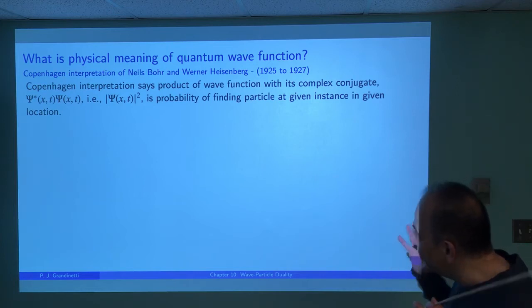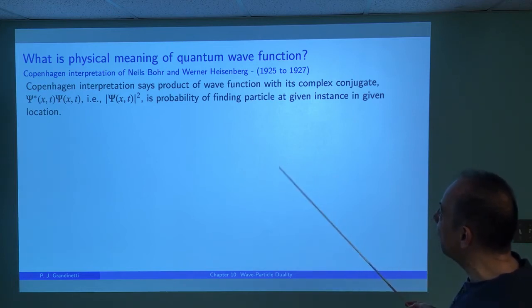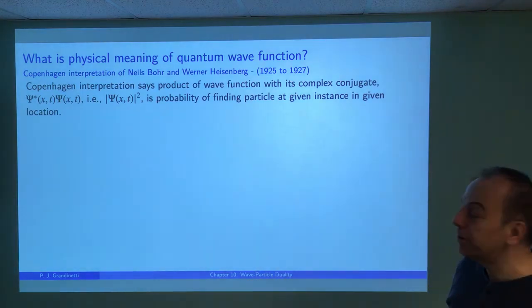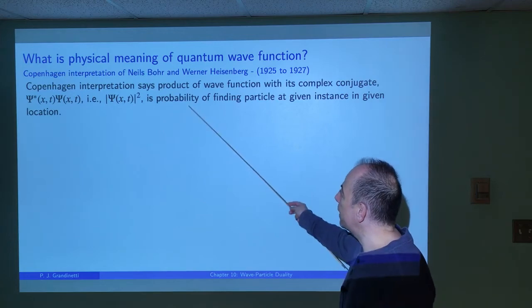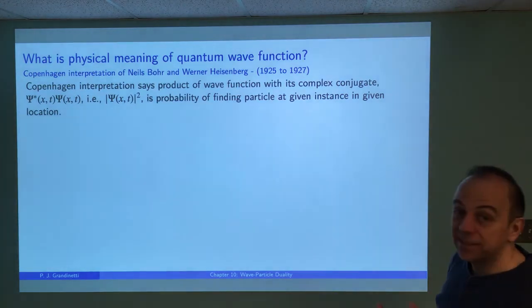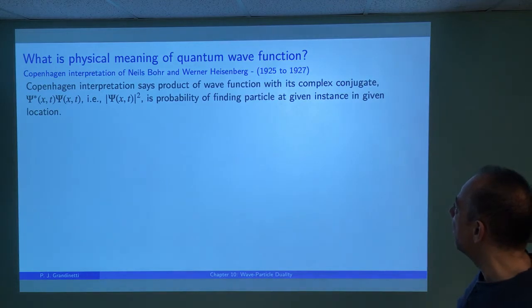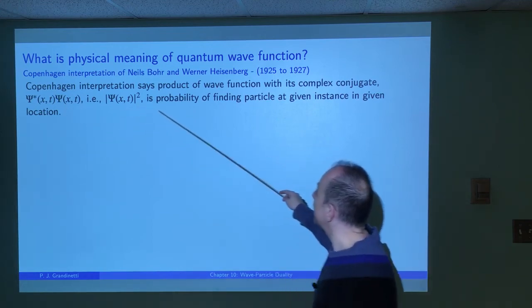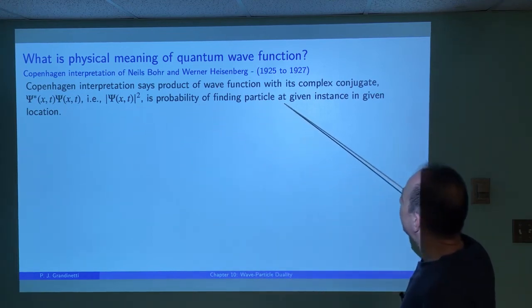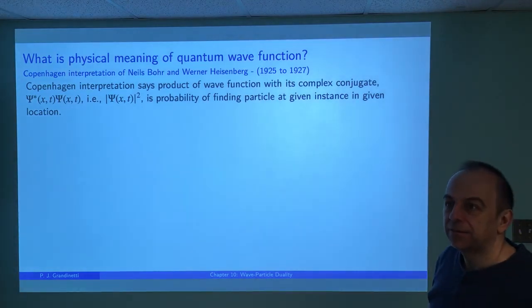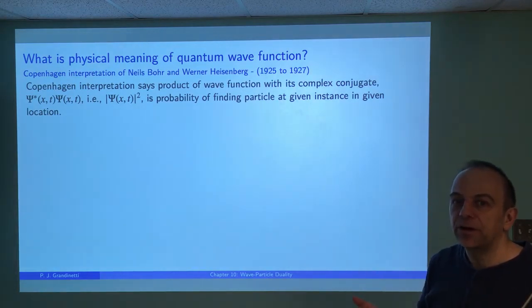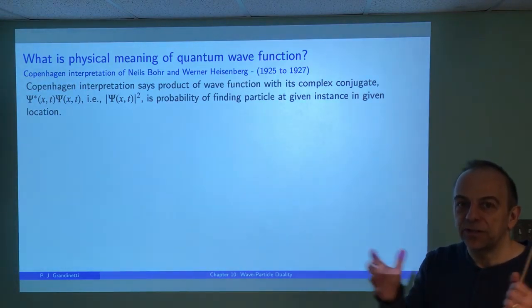And they said, very simply, that if you take the wave function and multiply it times its complex conjugate, then you do get a real quantity, and that real quantity is a probability. We did something very similar in our chapter on wave mechanics, on classical wave motion. This product of the wave function with its complex conjugate is a real quantity, and that quantity is a probability. And that's it. That's the interpretation,